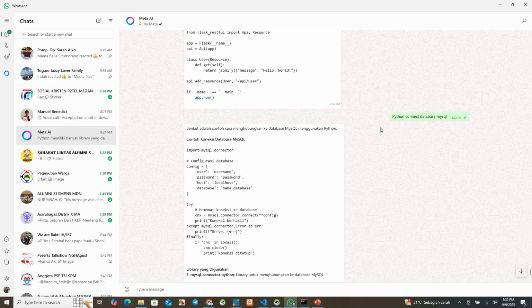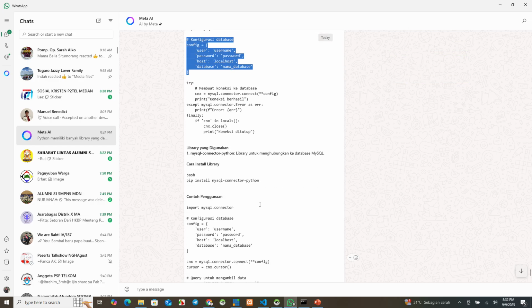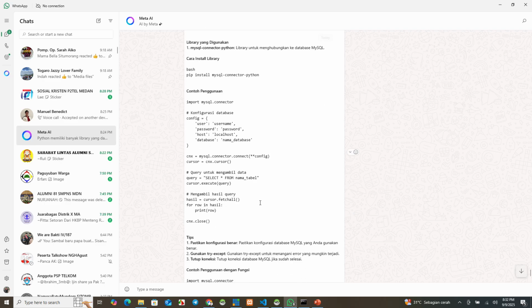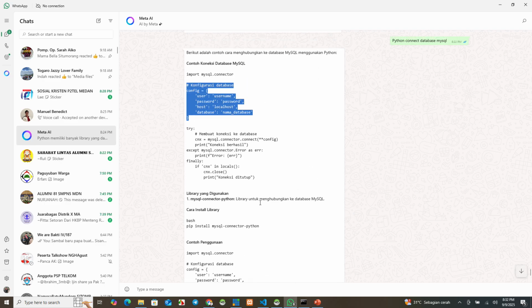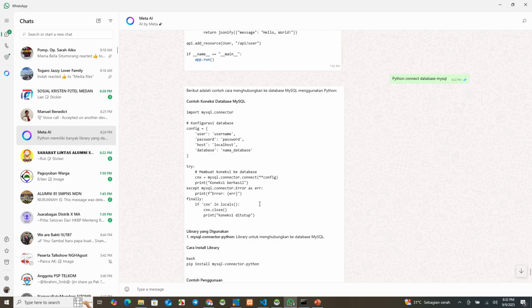We put on Meta AI, Python connect to database, and the result after connecting, it gives us a connection to the database and also a query of data from the table. This is a query, this is just only making a connection.